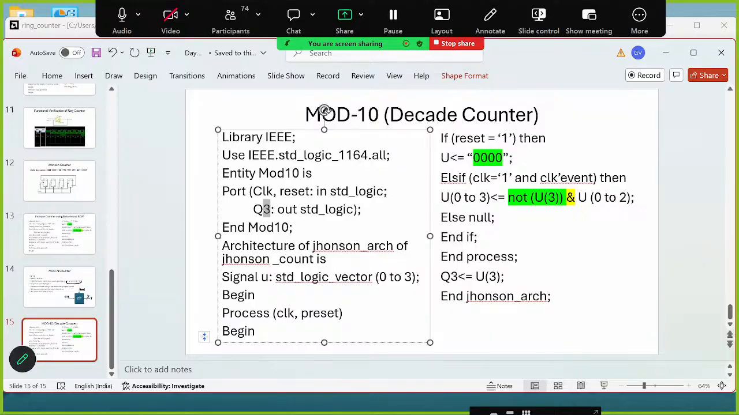My output is, let's say, y out, std_logic, 0 to 3. Okay, similarly, the architecture of mode 10: mode10_arc of mode10 is,